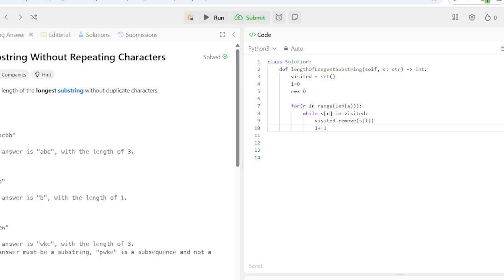Once this loop finishes running, we know we have a valid subsequence. The subsequence has no duplicates. So at that point, let me update the result, right?